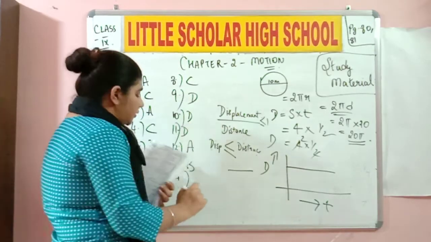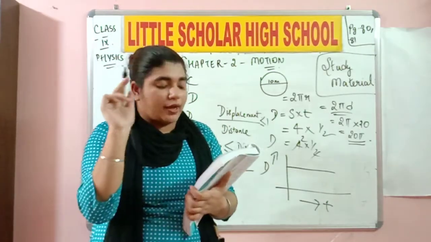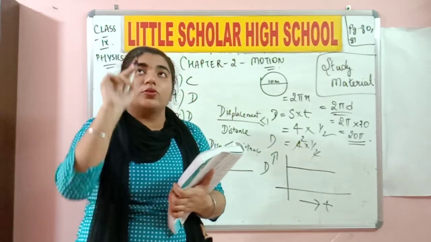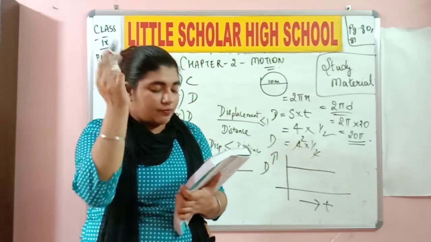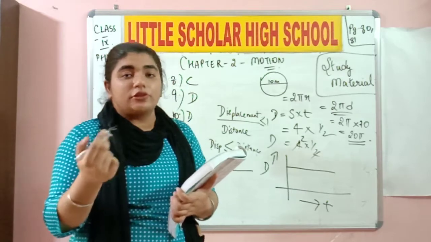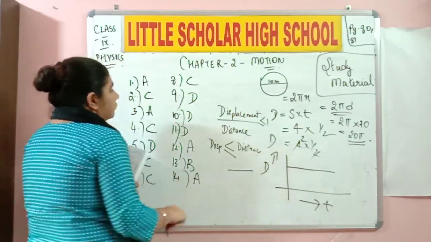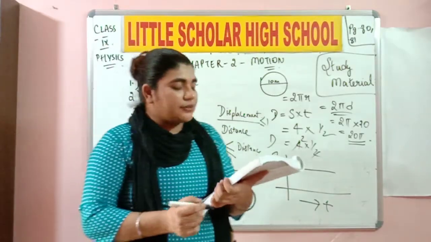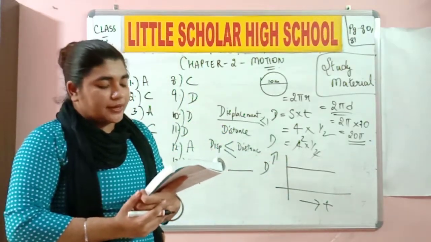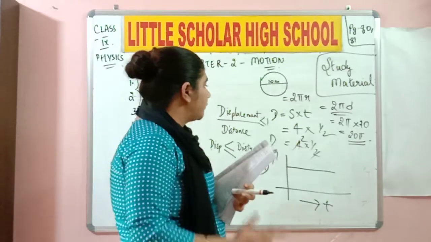14th one. Consider the motion of the tip of the minute hand of a clock in 1 hour. It is going to start from the same position and end at the same position. Okay, so displacement is going to be 0. Fine. So 14th one is going to be A. 15th one, a body released from height h. So this is a small problem that we need to write.